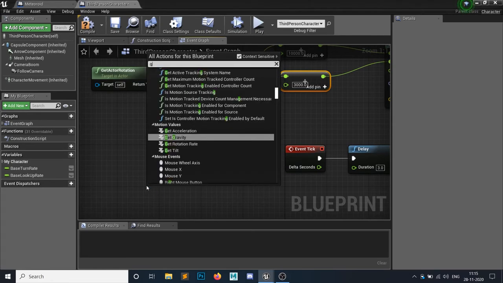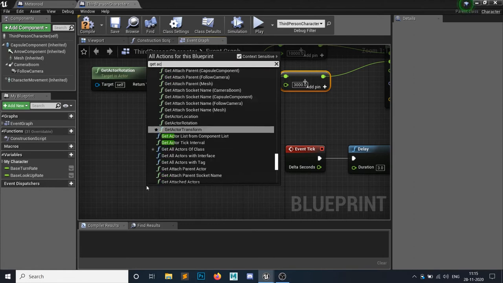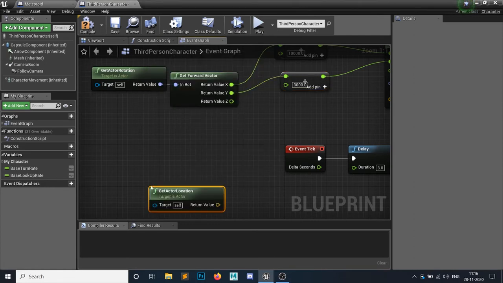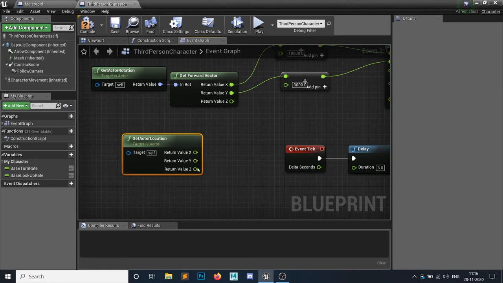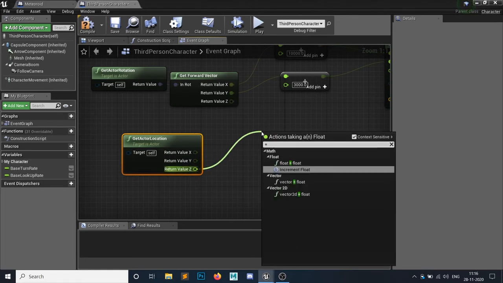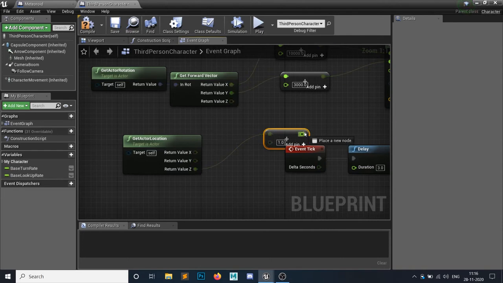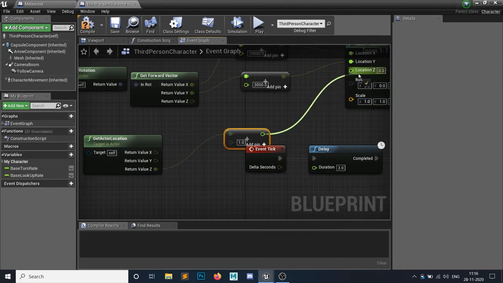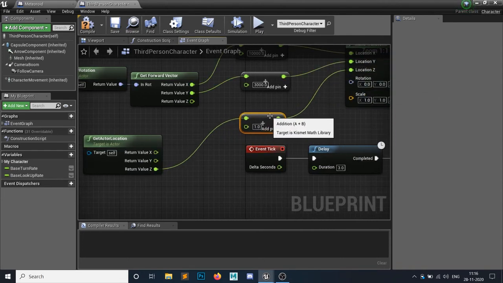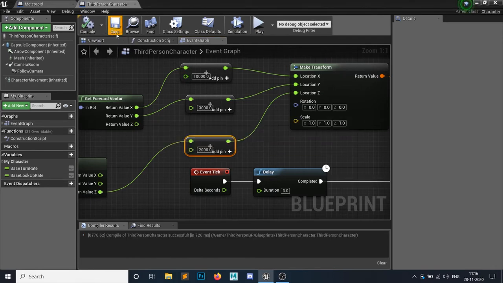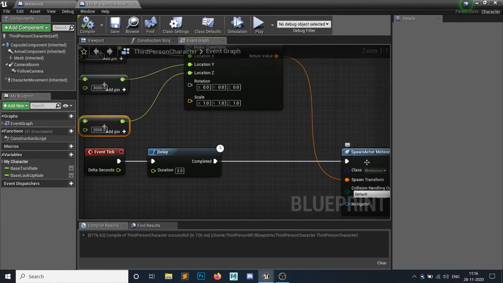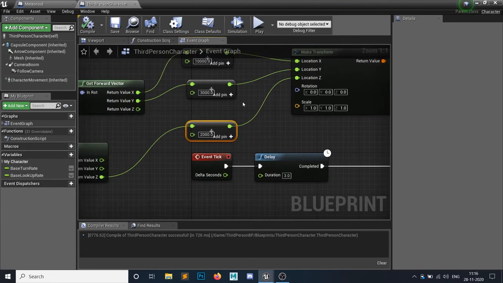So get actor location, and I simply need a Z vector of it. So this Z vector I will simply add how much upward the meteor should spawn. So this will go in the Z. So let's say 2000 units, right? So every 3 seconds a meteor would spawn at this location.